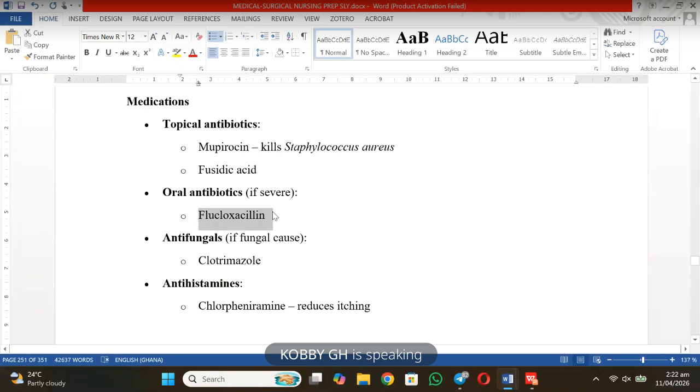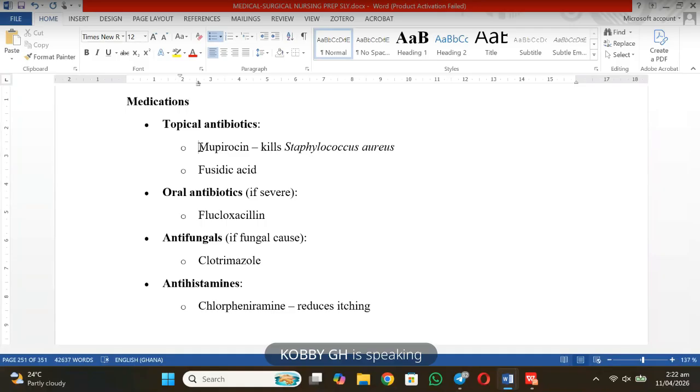severe cases. But usually when it comes to folliculitis, we prefer that you start with the topical antibiotics. That is one difference between folliculitis and furuncles and then cellulitis. Usually when it comes to folliculitis, we prefer that the treatment, you do the topical antibiotics, except when it is very severe,